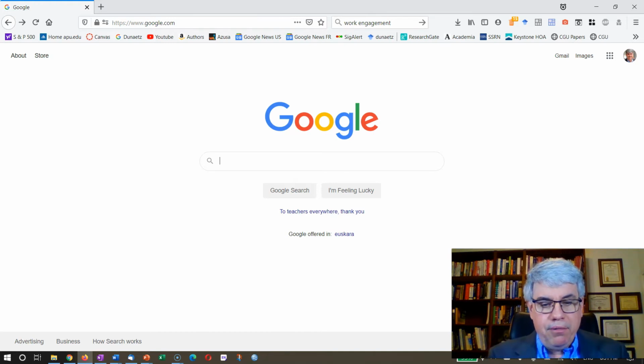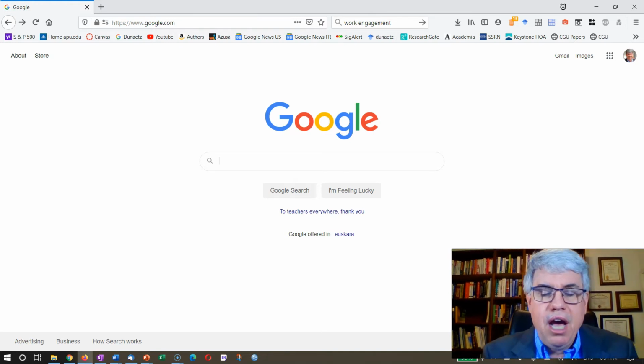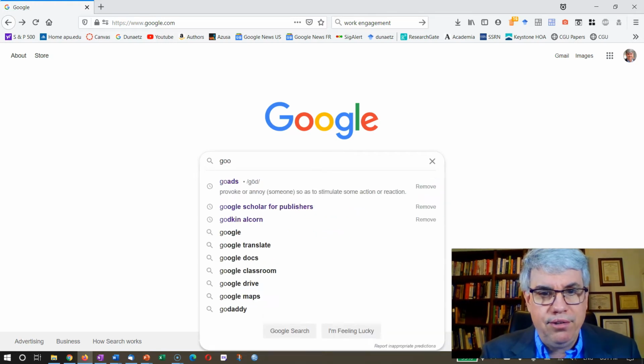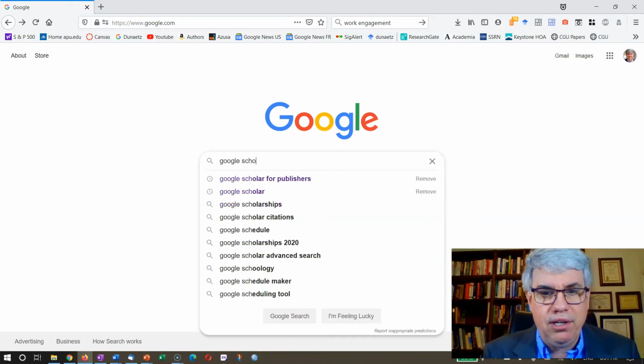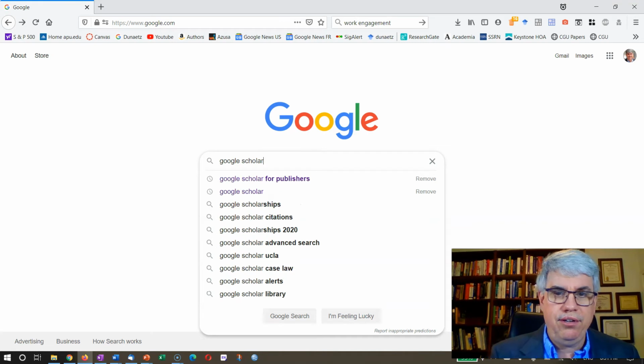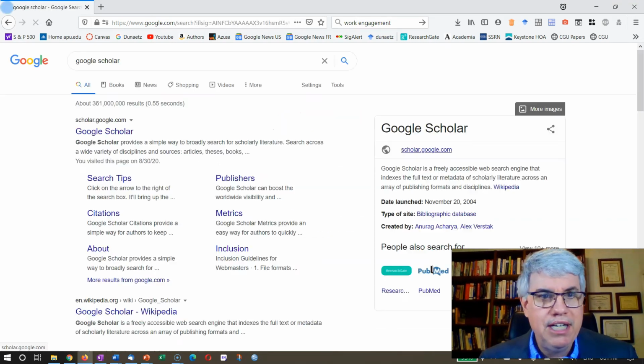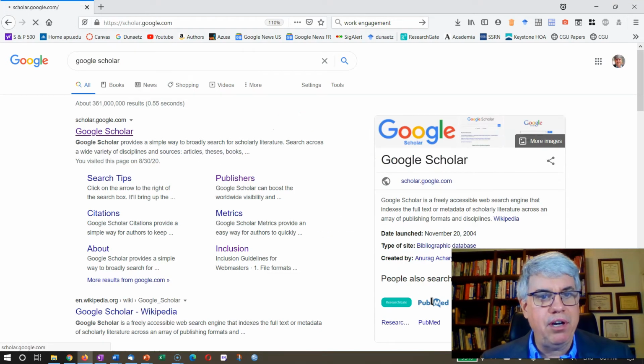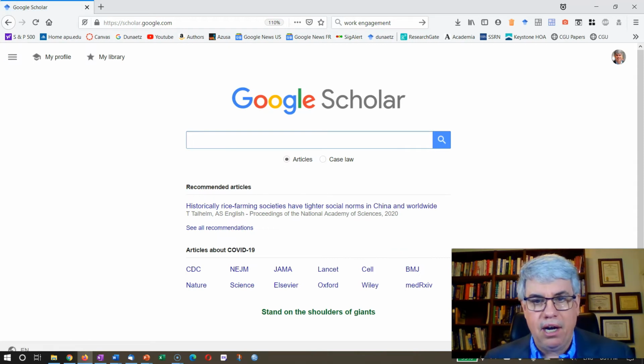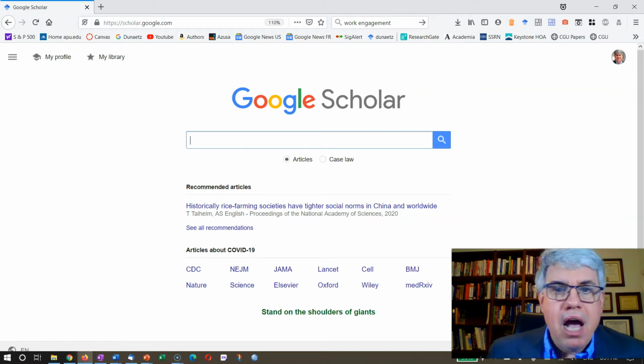But a lot easier way of doing it is to use Google Scholar. So the way that you can find Google Scholar is to search to Google Scholar, and it'll come up with scholar.google.com.